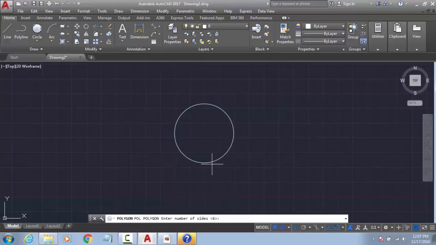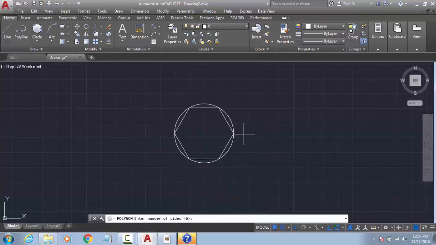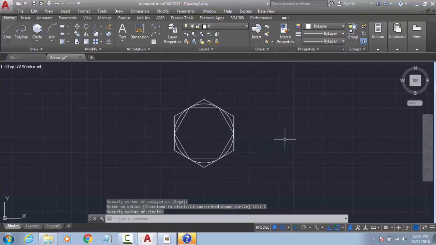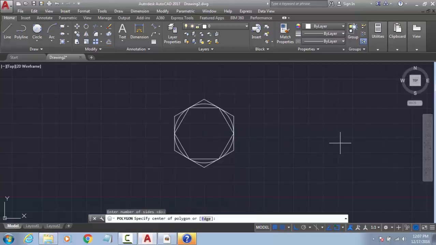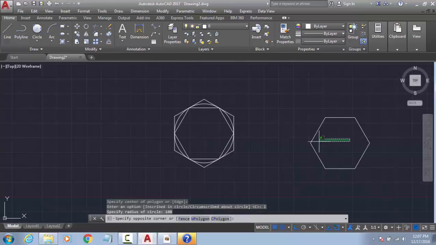Polygon, POL, enter. Select the number of sides, select the center, inscribed in circle, and now I am going to choose this one, enter, again enter, select base point. This comes circumscribed, and again I'm going to select this one, again 6 sides, center of the polygon, and I am selecting inscribed, and I am putting the value 100. Now if I will see,